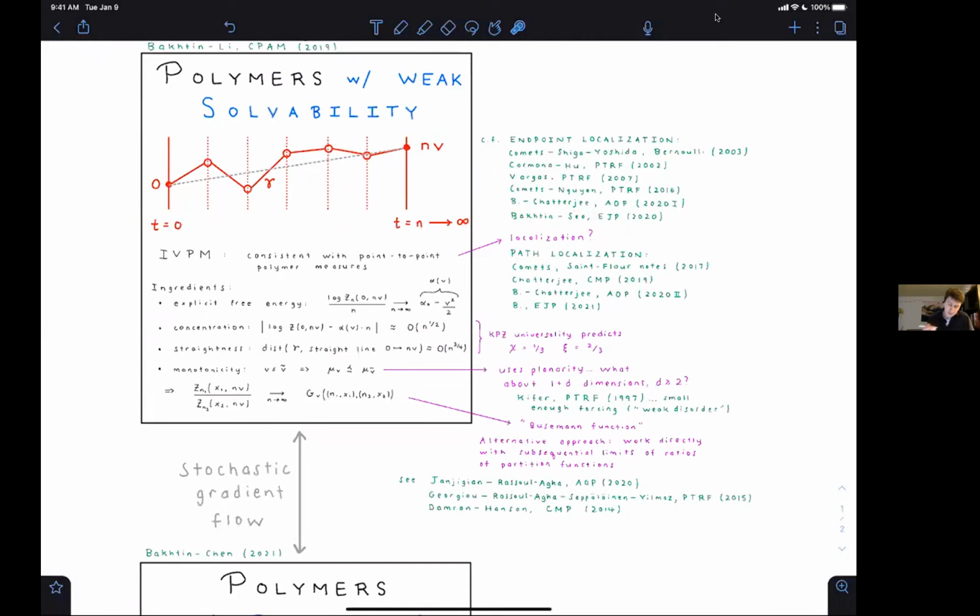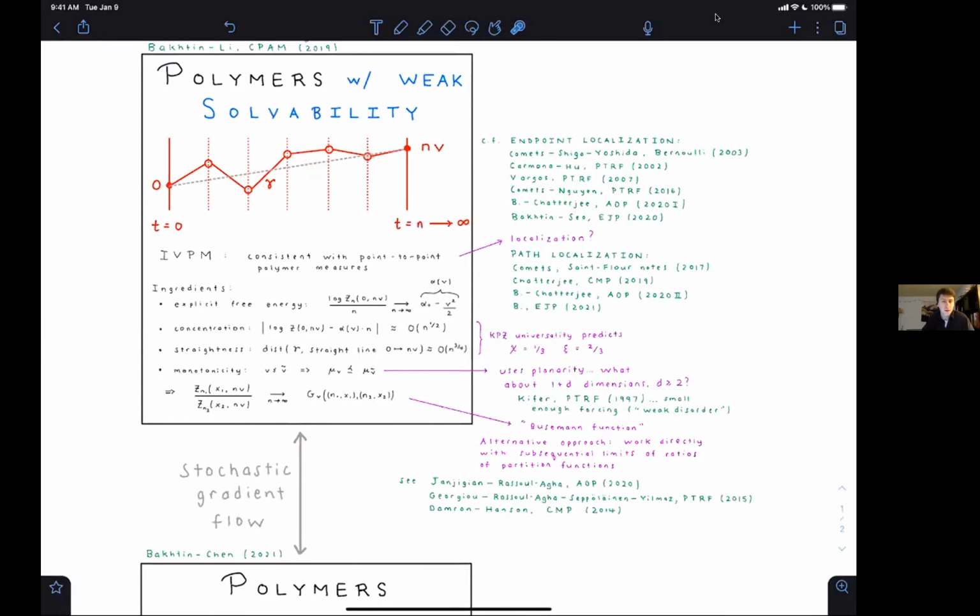So very quickly, what this says is that, well, I told you this polymer, if I sample it, should lie close to the straight line, and at least it should lie n to the 2/3 away from that straight line. But that is a deterministic statement. If I allow myself to choose a random path depending on the realization of the environment, then I should actually be able to choose a random path so that the polymer measure, when I sample it, lies within order 1 of some random path. So if I give myself the freedom to choose a random path, this n to the 2/3 turns into order 1. At least that's the conjecture.